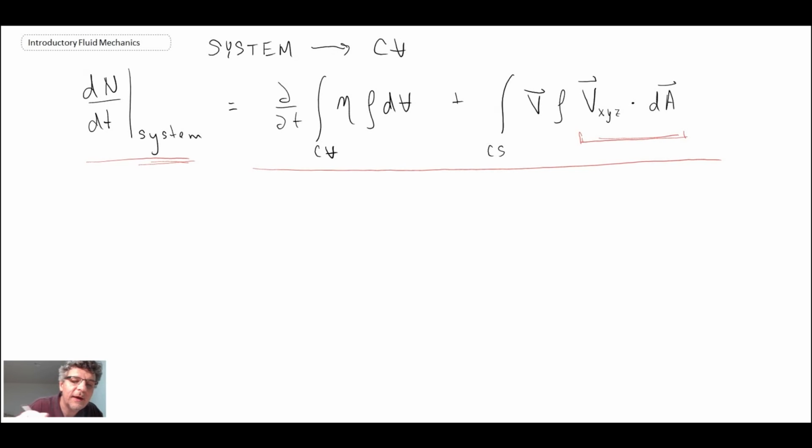So if we take a look at linear momentum, remember that our extensive property was defined as being this. And our intensive property then,